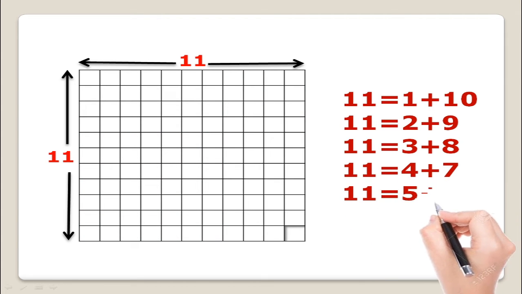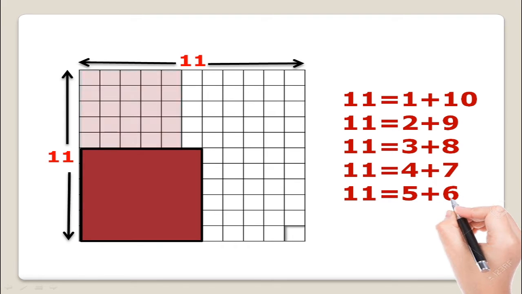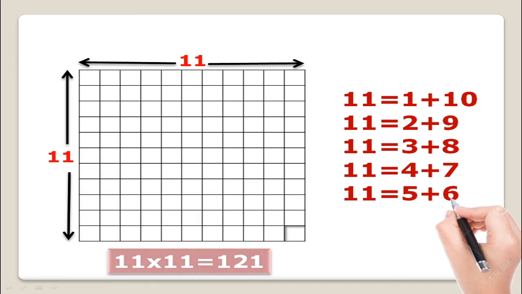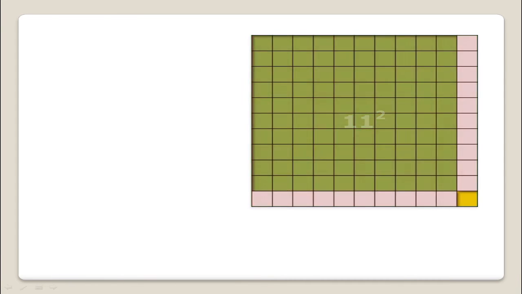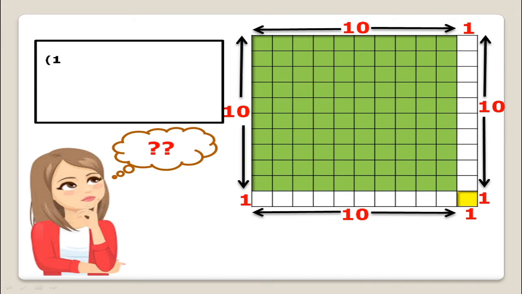And here we see a is varying from 1 to 5 and b is varying from 10 to 6. First configuration we see here, 10 by 1. Here we have two squares, and the second unit square we fix here, right bottom corner, and we try to find its area now. That is 10 square plus 1 square plus 2 rectangles of size 10 by 1 and 10 by 1.